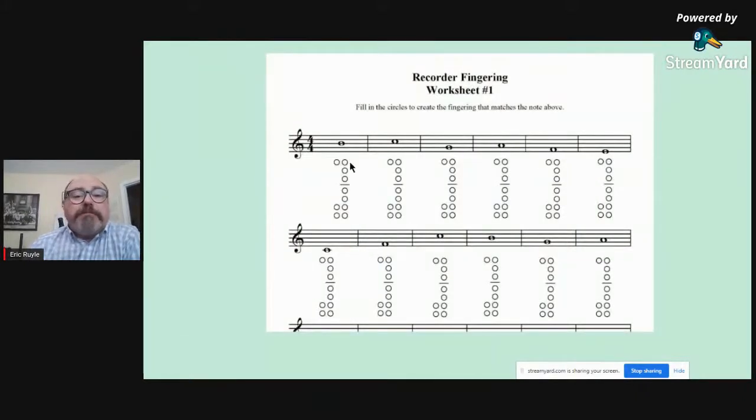Recorder sheets. There's an example again of using the blank sheets, and they would have to go through and do that. That's one of the things I had my recorder kids do. Up above the board I would have the answers, but that was just a way of them practicing writing the notes in.